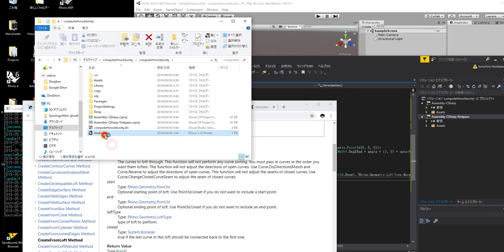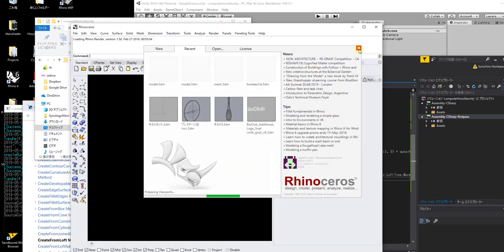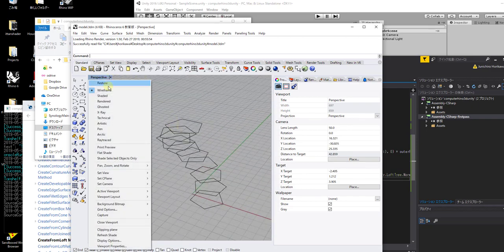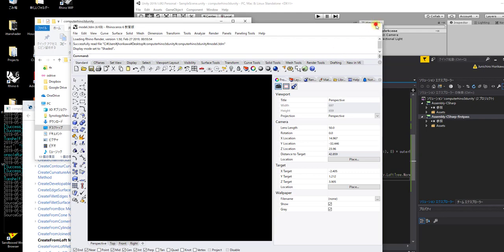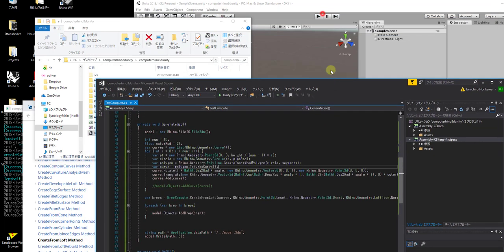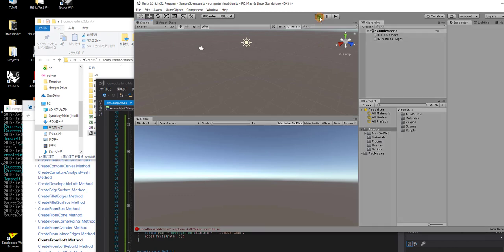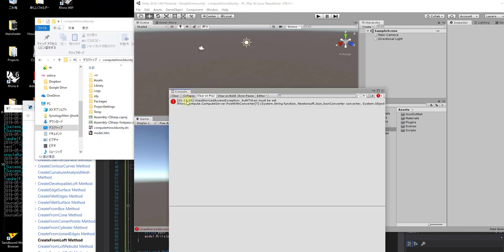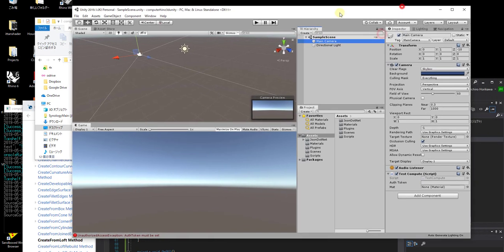Going back here, and I don't seem to have the result here. Okay, let's check it again. Okay, maybe I haven't saved this. Okay, I have just saved this file and click to run the scene. And okay, I seem to have some error. Okay, unauthorized access exception, token must be set, and I forgot to set the token here,